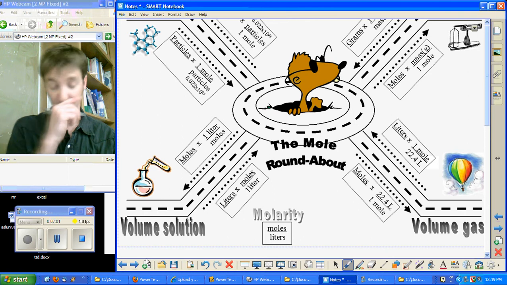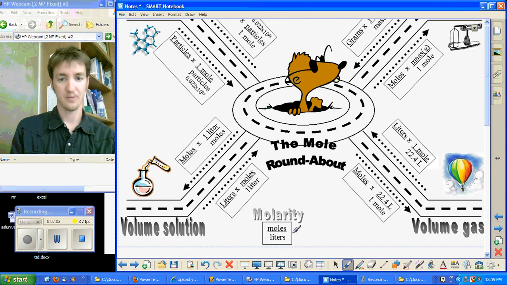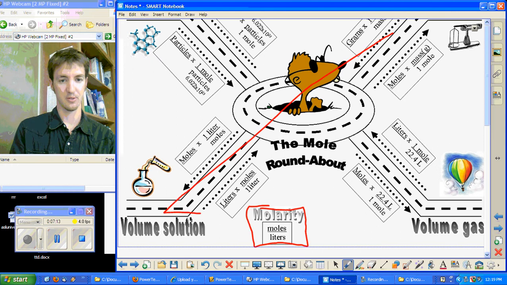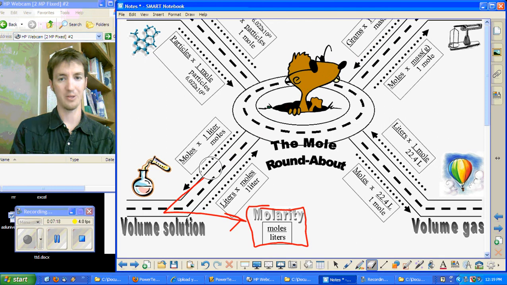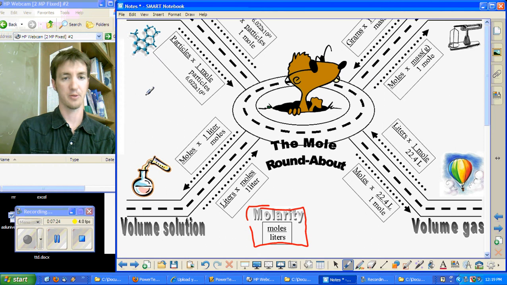Okay, so the molarity stuff is down here. First off, just the equation for molarity is written on the bottom of your mole sheet right here. It's a little bit separate, although lots of times we're going to come down like this and then come over on our steps. But it's a little bit separate than the rest of the roundabout, just because it's treated a little bit differently. For one thing, and you can write this on here,